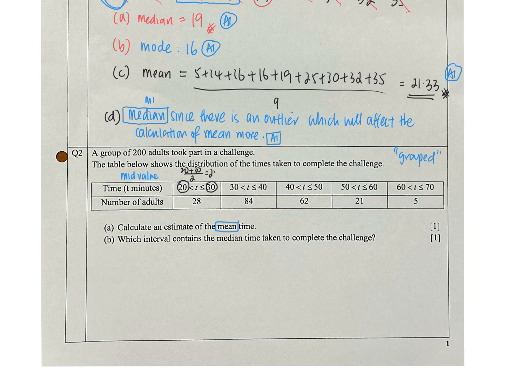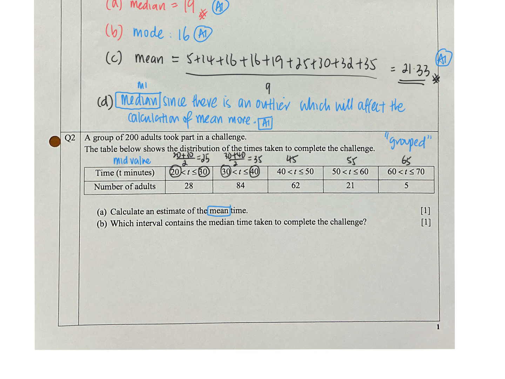So this is a 25. Okay, then this one same thing. This would be a 35. And then by guessing, you will know that this is 45, this is 55, this is 65. But of course, you don't guess, you calculate. Okay, so once you know the mid value, and they tell you you have 28 adults that sort of